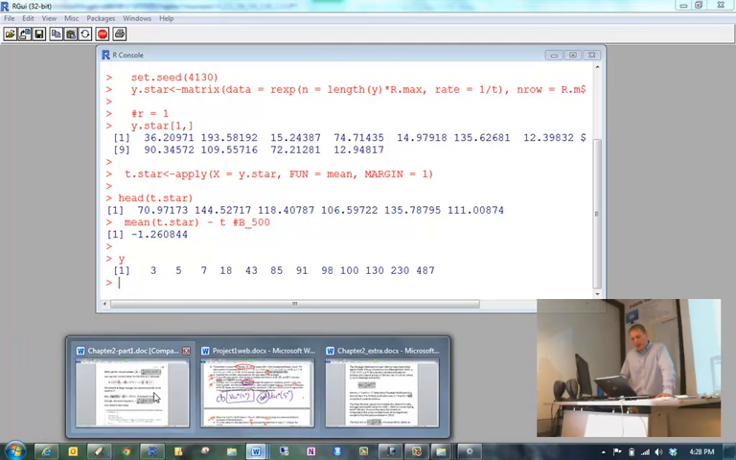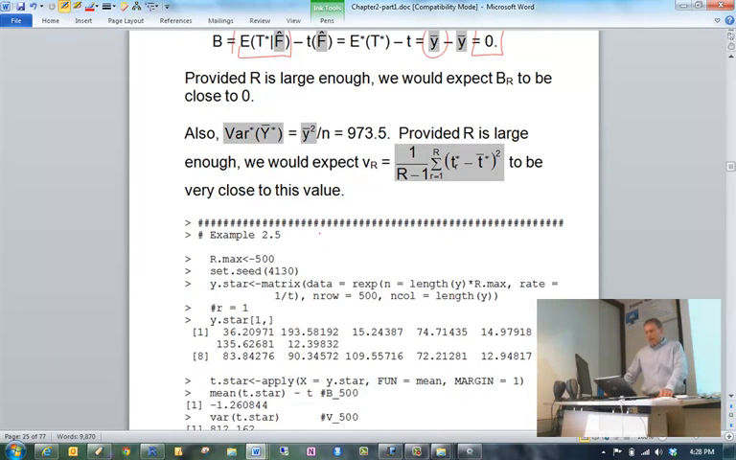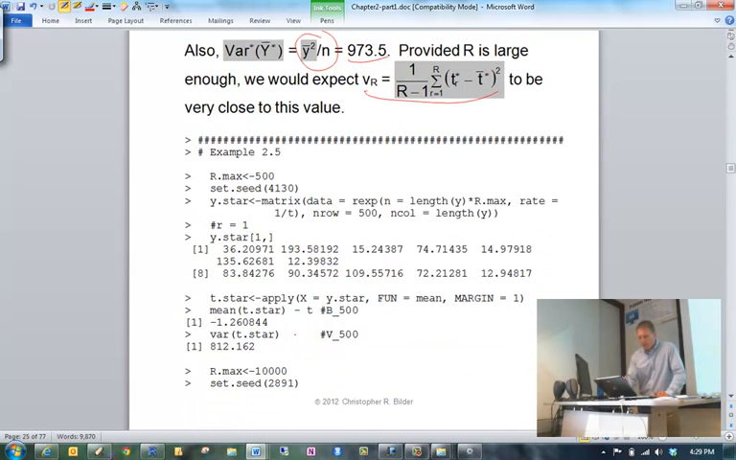Let's now talk about estimating the variance. The true variance, again, putting to the parameterization of our gamma distribution for a book. Our true variance ends up being Y bar star divided by N. Please make sure you verify that on your own. And you get 973.5. If I were to take resamples then, as we just did, I get